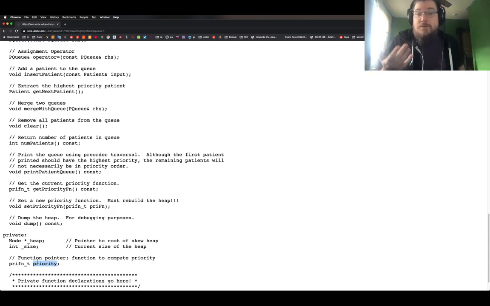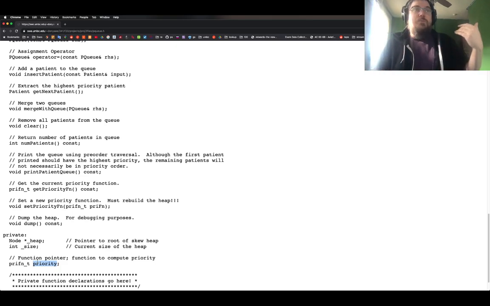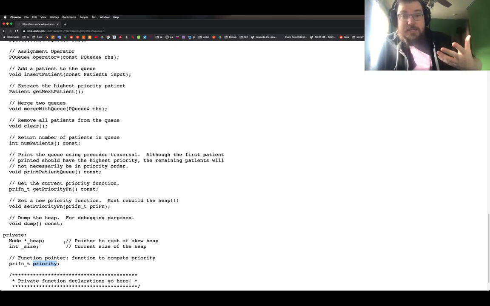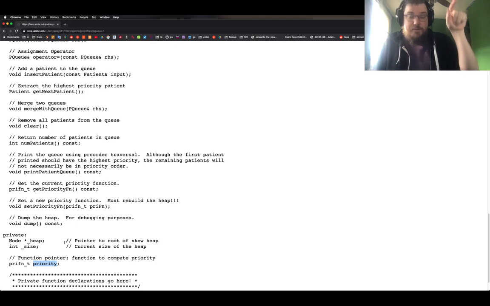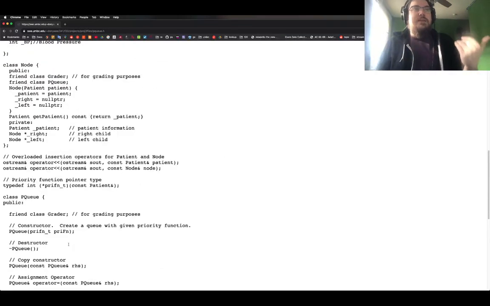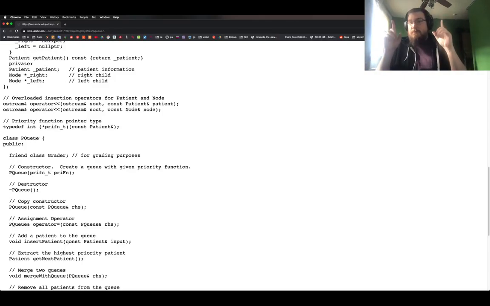Why is this useful? Well, we're going to have a priority queue for these patients. And so a nice way to design this priority queue is we give it a function pointer, and that function pointer will take a patient and then compute that patient's priority. So what you can do then when you're making one of these PQ objects,